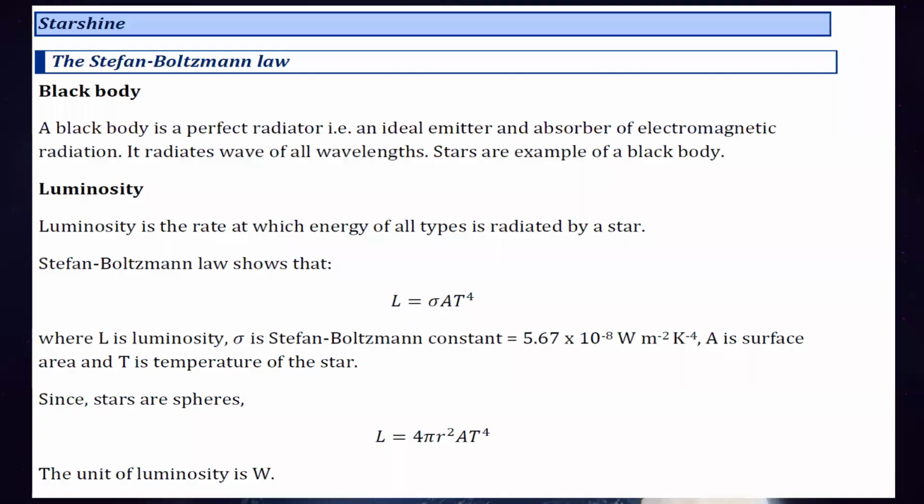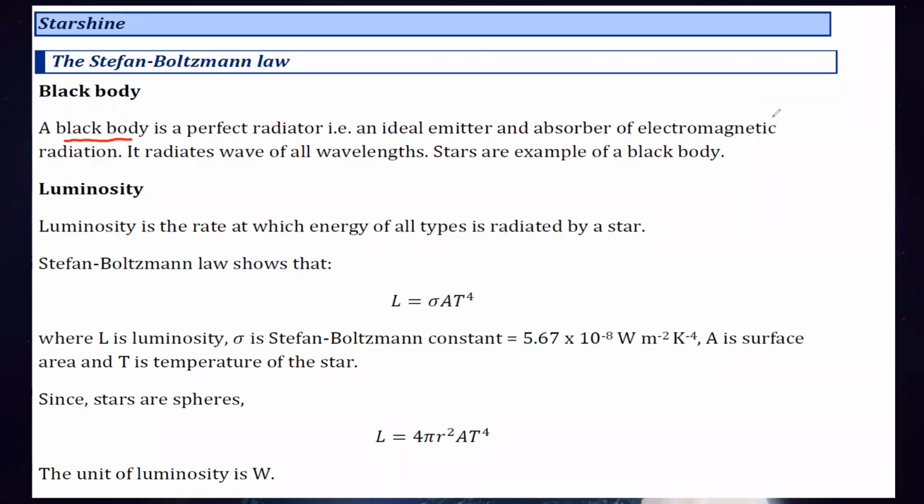So we consider the stars to be black bodies. What is the meaning of a black body? A perfect absorber or a perfect emitter is said to be a black body. A body which emits out all the radiation which falls on it, we call a black body. Because it can emit all the radiation, black bodies emit radiation